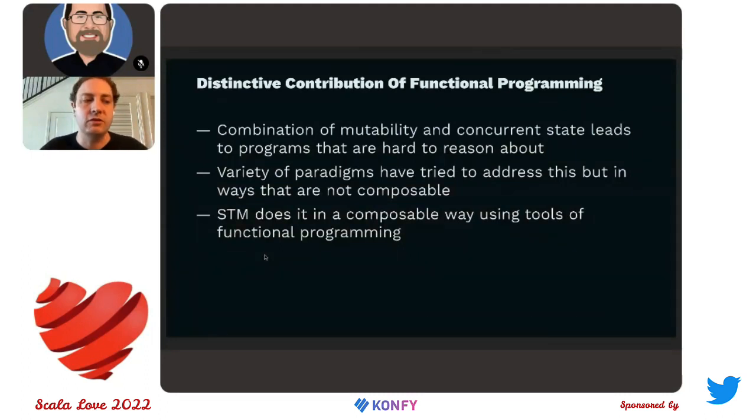But almost all of those solutions don't actually compose. Like you want to talk at a very high level about architectural differences between a functional programming versus an actor-based approach. Actor-based approach, great to put your state in that one actor. What happens when two actors need to modify state in a concurrent way? The answer is probably they need to be refactored to be one actor, which is not the most composable thing. Versus functional programming, thanks to this idea of STM, has a very straightforward solution to this that is composable